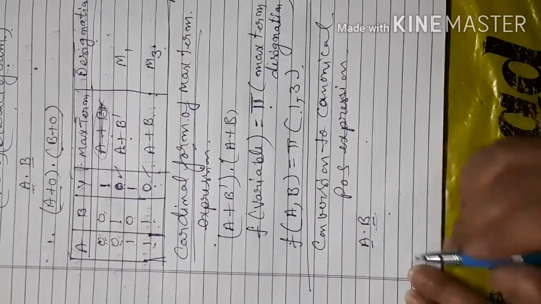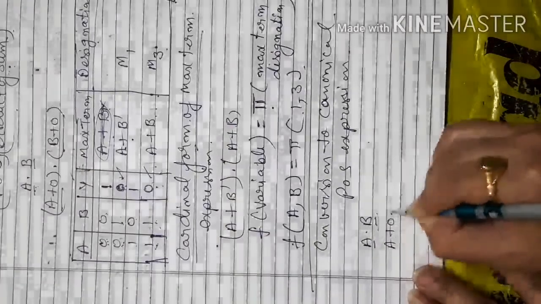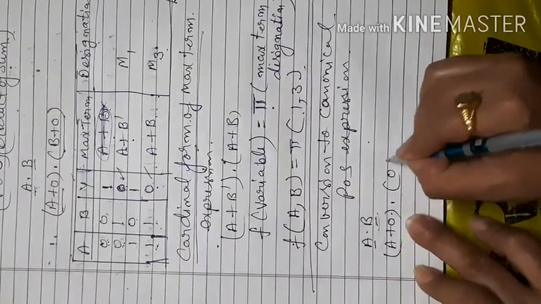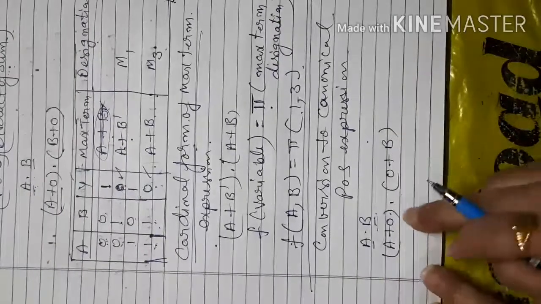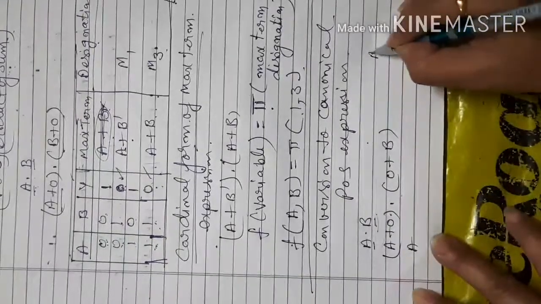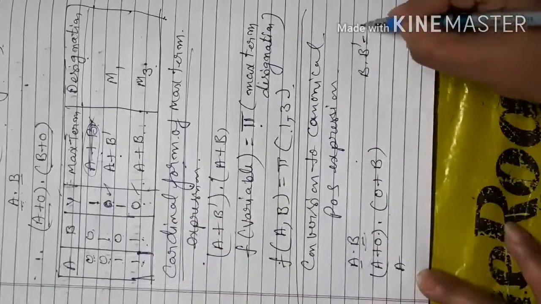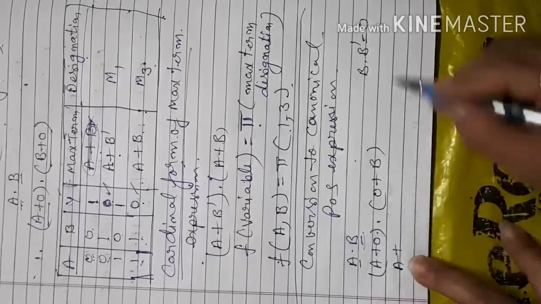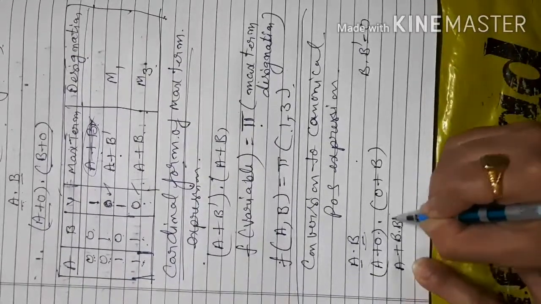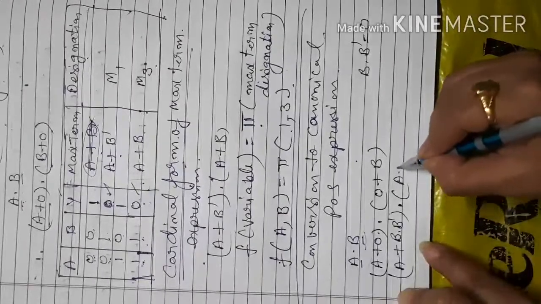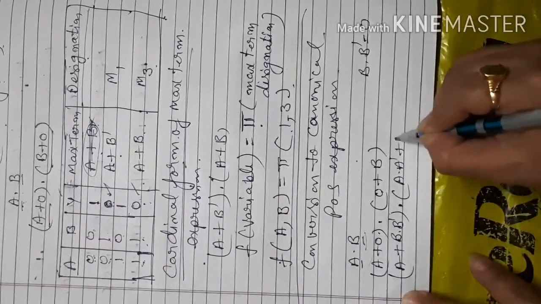A is missing. So wherever a term is missing, you mark it plus 0. Something is missing, so that is added with this. Now you convert 0 into the missing variable. We already know that if you multiply any variable with its complement, according to Boolean algebra, that will be 0. So this 0 is converted into the missing variable B into B complement, and this 0 is converted into the missing variable A into A complement plus B.